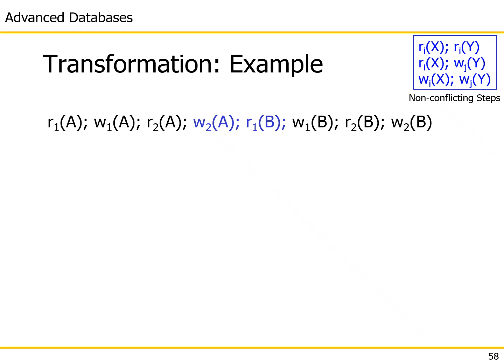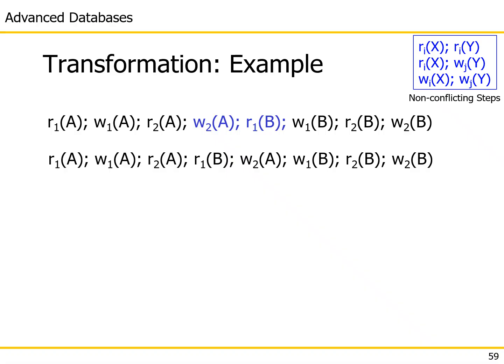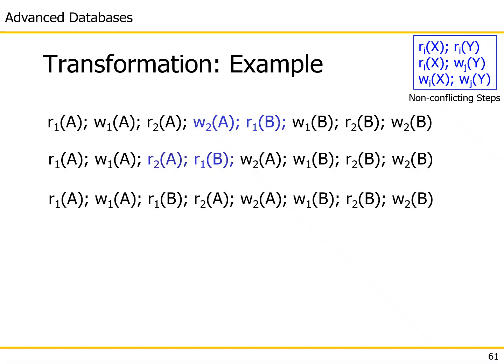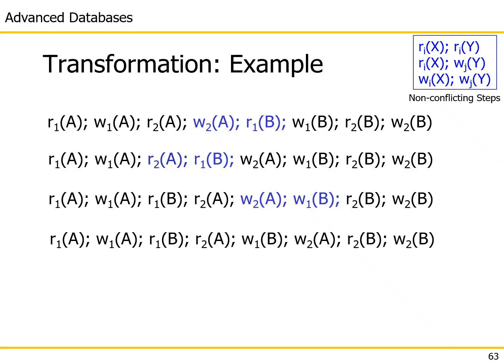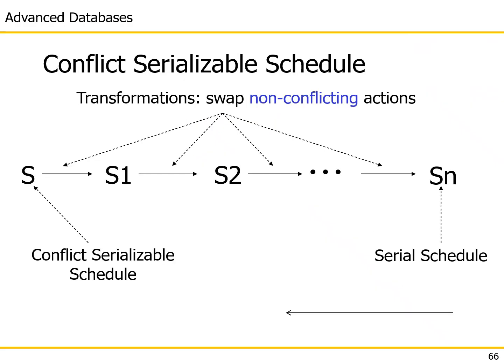I identify non-conflicting steps. I have them in the blue box in the top right. I swap them. So I did one swap, and then I identify another pair, and then swap them. Identify another pair, swap them. Identify another pair, and swap them. Okay, another pair, and we're done. Now, if you go back to the previous slide, you will notice that the one at the bottom